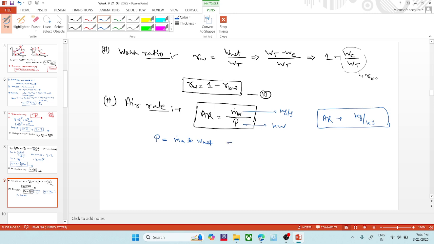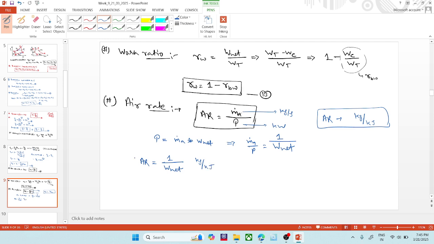So from here, m dot a divided by P would be the reciprocal of the W net. So the air ratio would be 1 by W net. The unit would be kg per